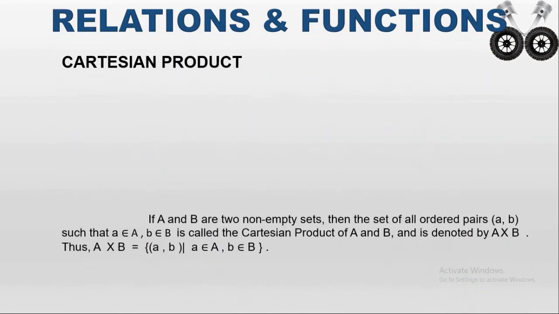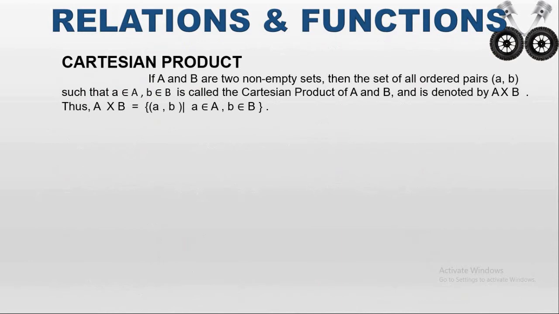Next one is the Cartesian product. Cartesian product means, if you take A as a non-empty set, non-empty set means it will have some values. I took the value for A as a. And then I took another set B. It is also a non-empty set, that means it should have values. I took the value for B as b. So Cartesian product means you have to multiply, that is A cross B. I am going to multiply the values in A as well as the values in B.